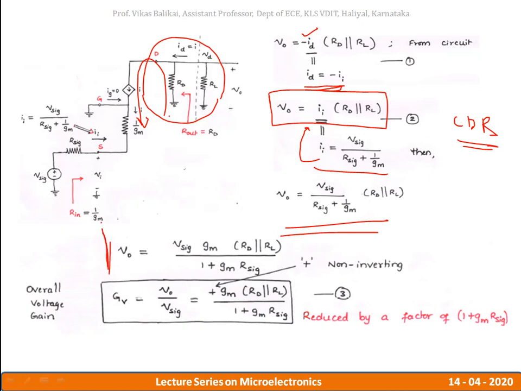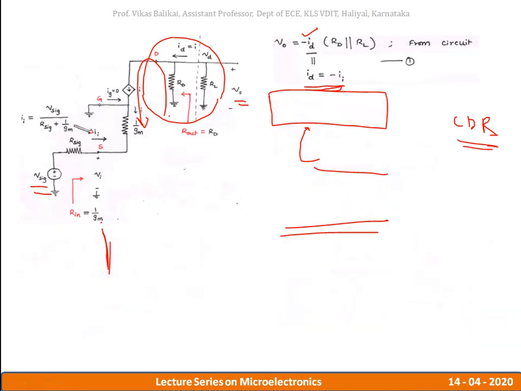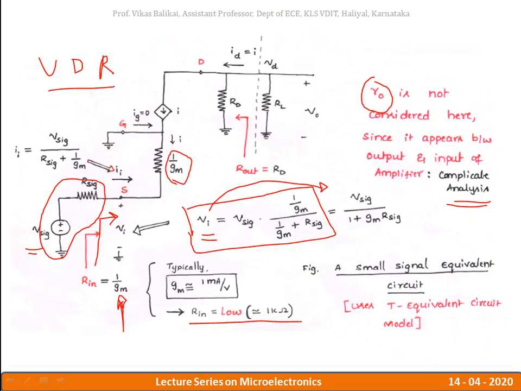So this is how I'm going to get the output voltage value from the input current and from the output current equations. Now finally, let's figure out the overall voltage gain, in the sense the voltage gain starting from Vsig till V0, that is V0 by Vsig. We already have the value of V0, and I know the value of Vsig also from the previous derivation. If I extract Vsig over here, it is Vi multiplied by 1 by Gm plus Rsig, whole divided by 1 by Gm. That will be my Vsig value.